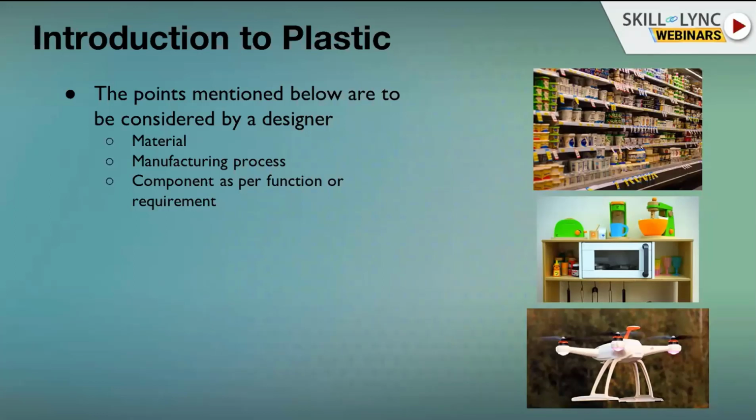If you come to the second one, it is the manufacturing process. As I said earlier, if you get any physical part, various manufacturing processes are used in plastic, like injection molding, compression molding, blow molding, etc. But you should be able to identify from which process the plastic part has been manufactured. So we'll be discussing the manufacturing process, which type of component can be produced by which process.